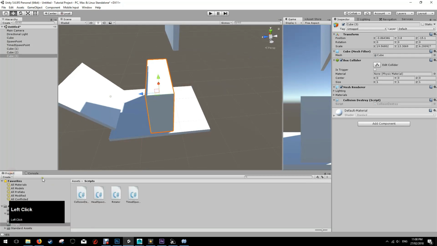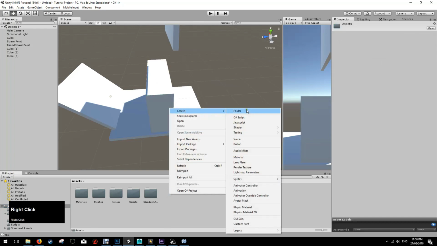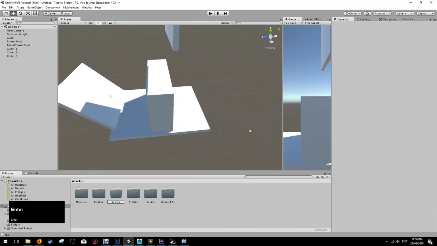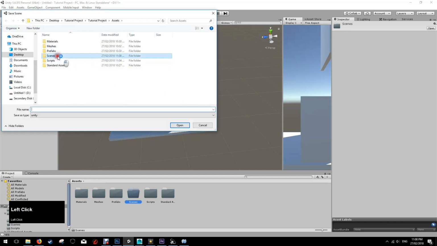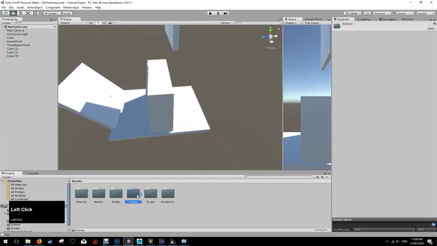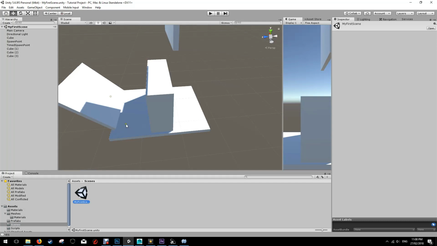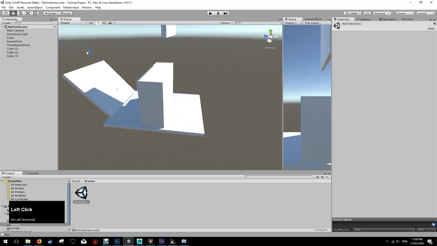Now, you must also do something very important. In your assets folder, we're going to create another folder called scenes. You must save your scene: save scene as, save it in scenes, and we're going to call it my first scene because we're very creative. And you don't need to save the project, you only need to save the scenes that you're making in the project. The other thing you can do, so also I'm going to want you for homework to screen record your